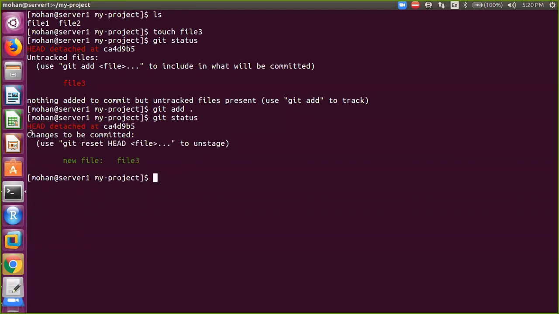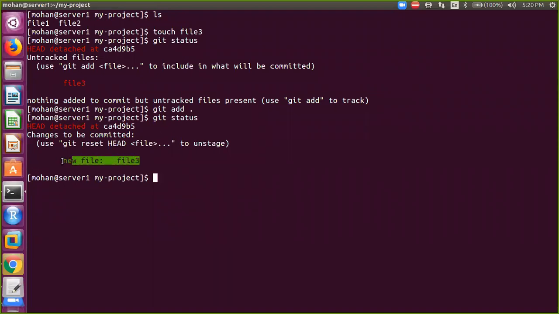Changes to be committed. So you added a file, and it is saying changes to be committed. What is it saying? You need to commit that file. You have added the new file, right?